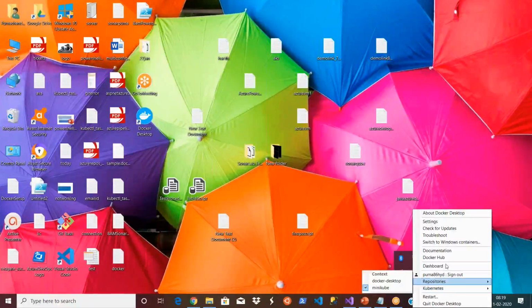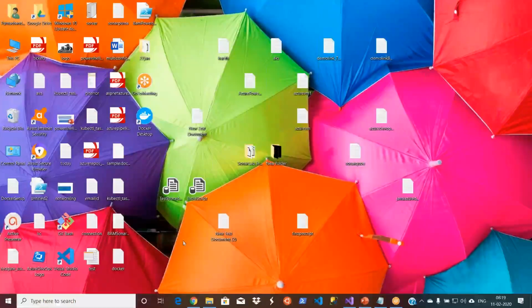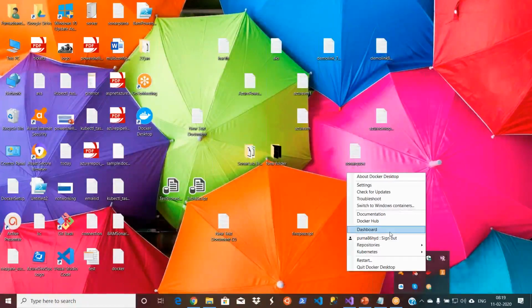Okay, it is running out of memory. Let me run Docker desktop, let me double click this. If it is running out of memory, then I have to go and kill some of the processes.